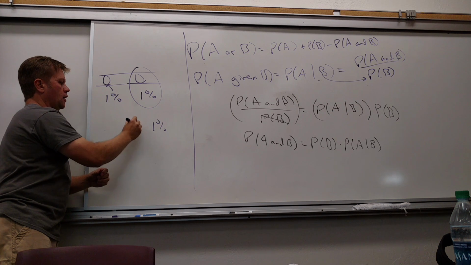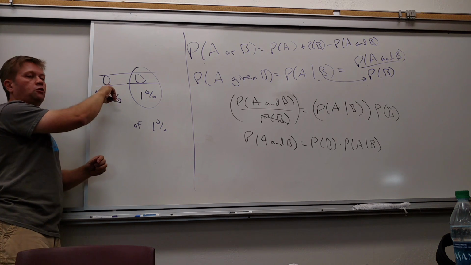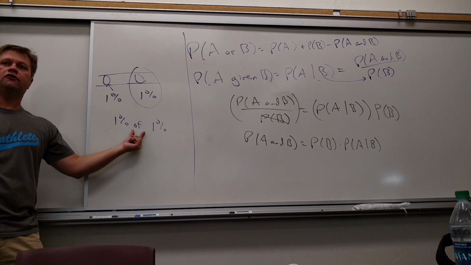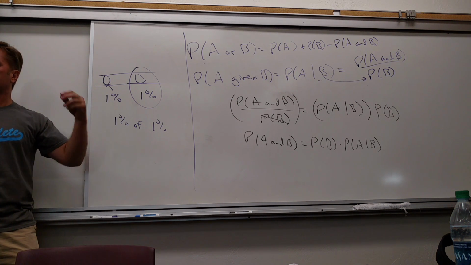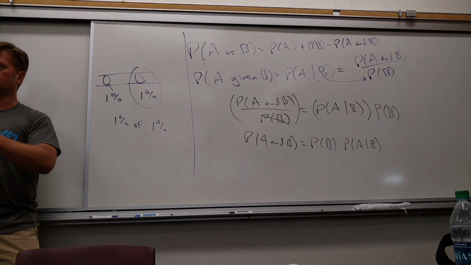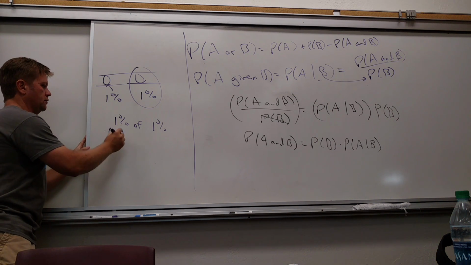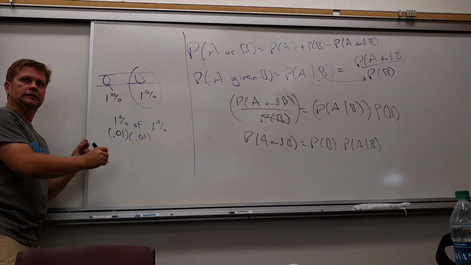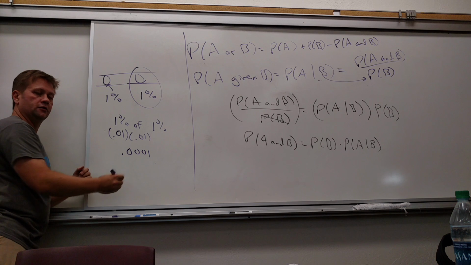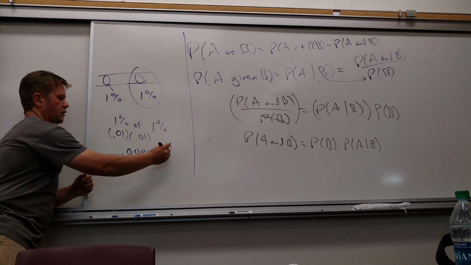What percent of those times will this one also fail? 1%. And of course, what does "of" mean with percentages and fractions? Of means multiply. So if you multiply 0.01 times 0.01, what do you get? 0.0001, which is 1 out of